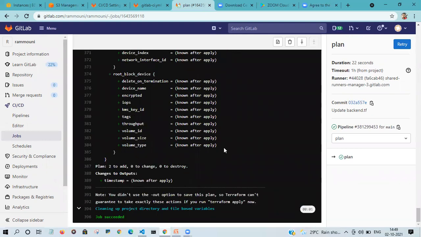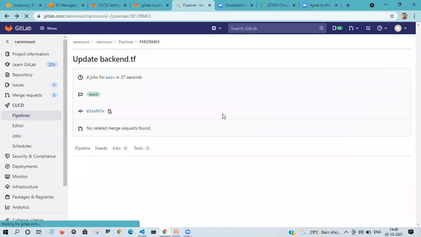Okay, so everything is done. The plan is showing 2 to add, 0 to change, and 0 to destroy. Okay, and my job is successfully completed, which means this pipeline job also completed successfully. Let's run this